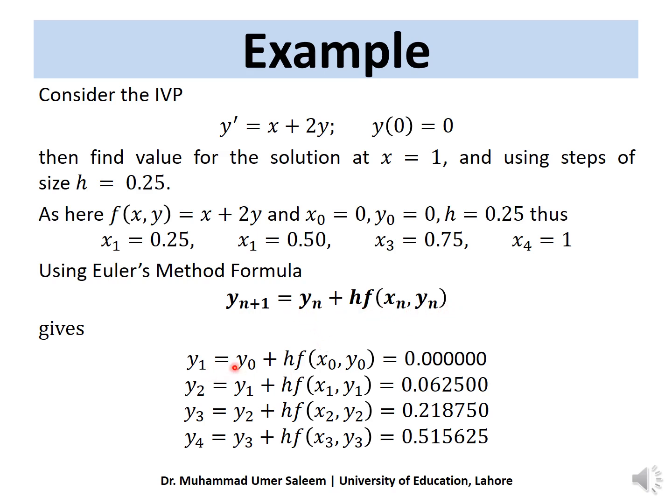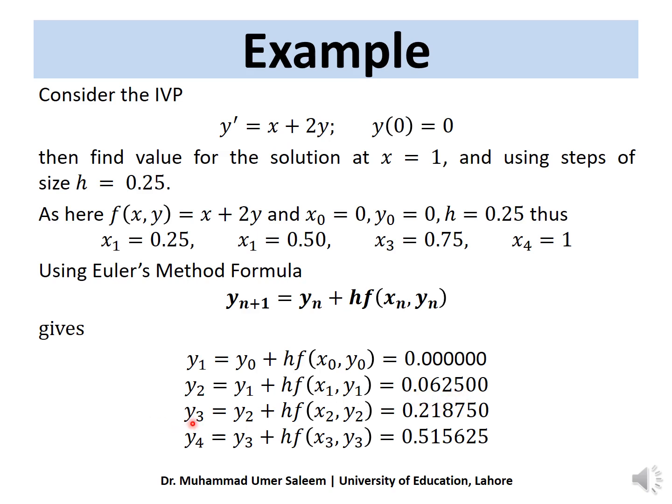So y1 will be y0 + h f(x0, y0). You have all these values, function, h and y0, so you will get this value as 0, since this is 0 and this is also 0. Now for y2 you need y1, so this y1 is 0, but h f(x1, y1), so you substitute the values of x1 and y1 into this function, and you will end up with